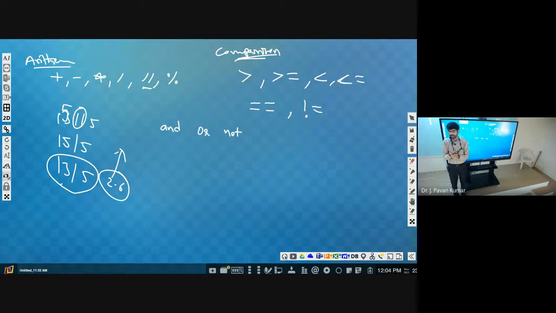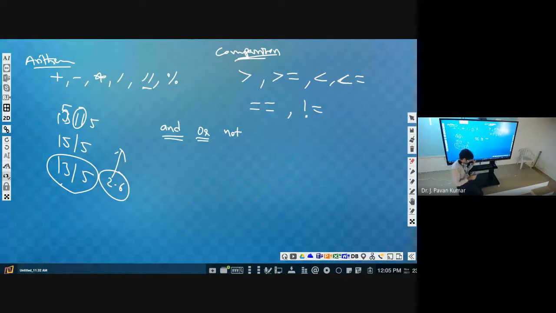Like the leap year: if the year is divisible by 100, then we have to check whether it is divisible by 400 or not. Only when both conditions are satisfied can we consider it a leap year. So in that case, we use and. If out of two conditions one is satisfied, one is true, then that is sufficient, then we can make use of or. Both required means and. If one of them is sufficient, then we say or.